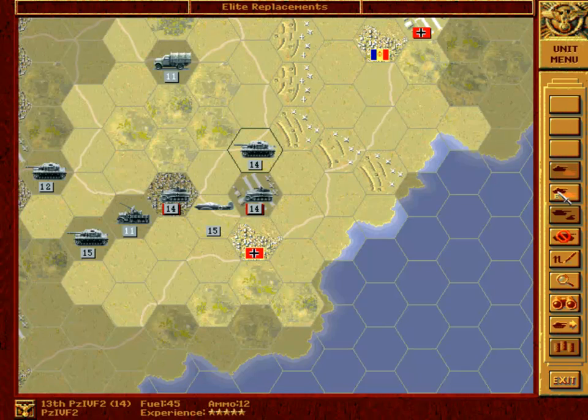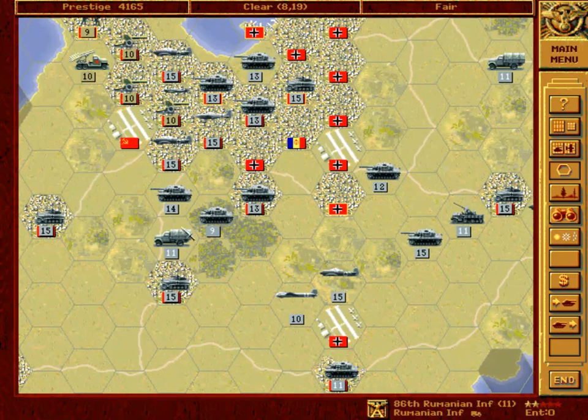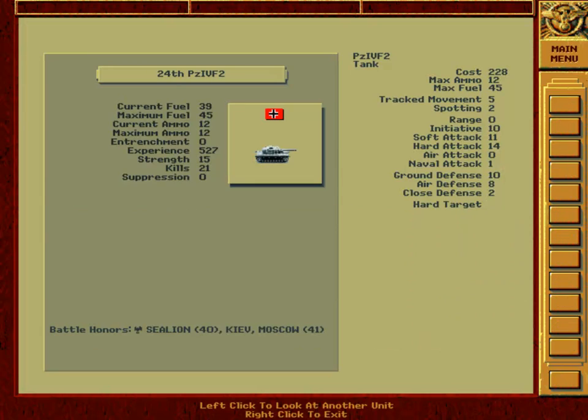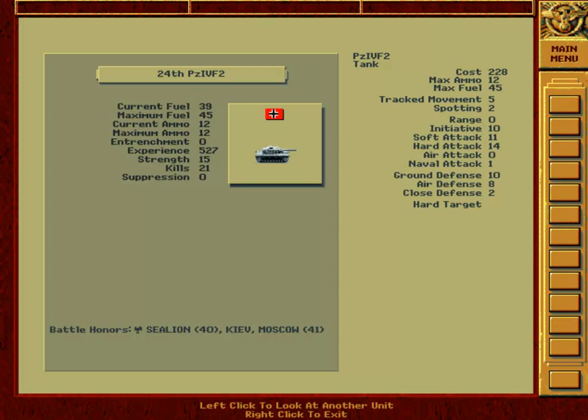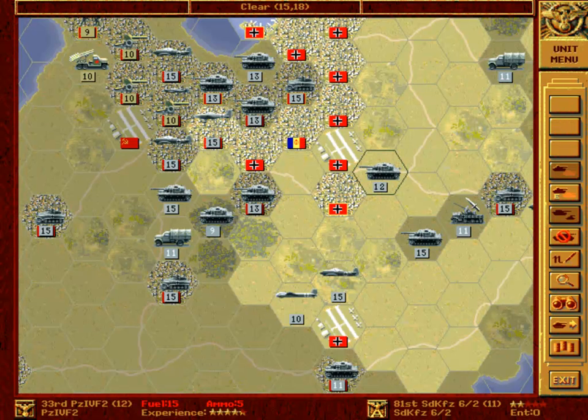Let us just give a lead first and then worry about other things. So you now have 5 stars. Did this guy achieve this in Sevastopol? I'm not sure, but it's good anyway. So